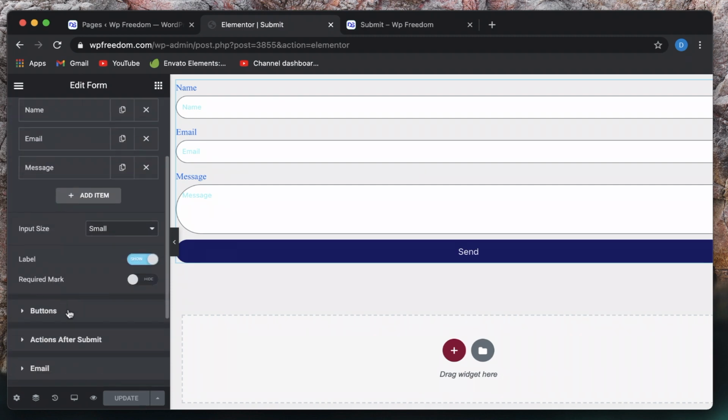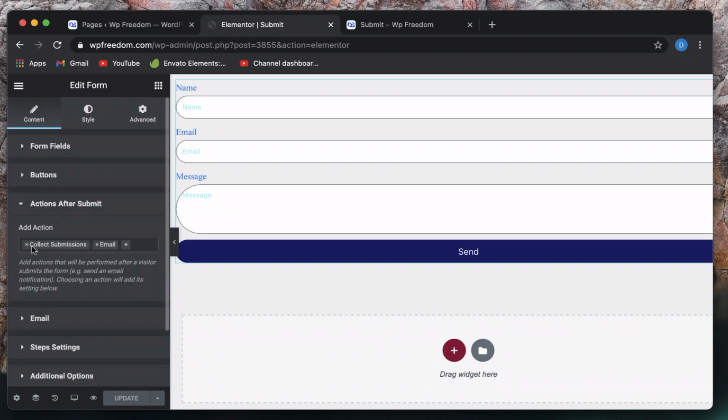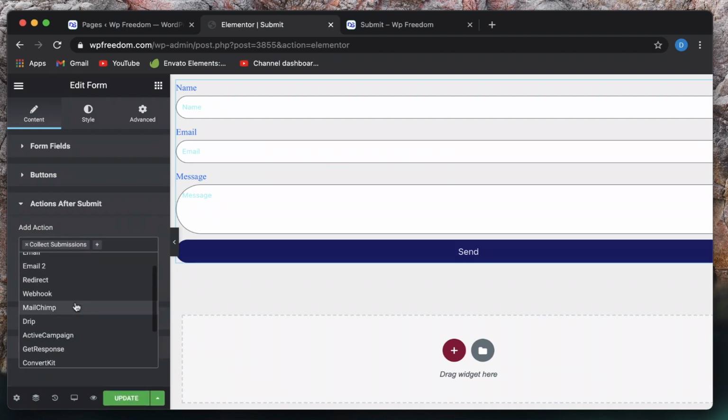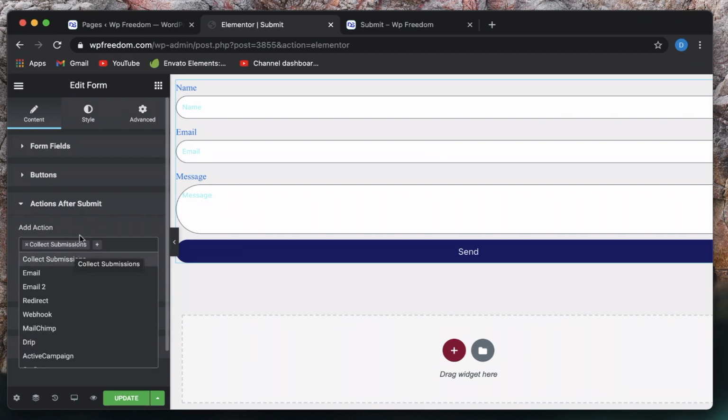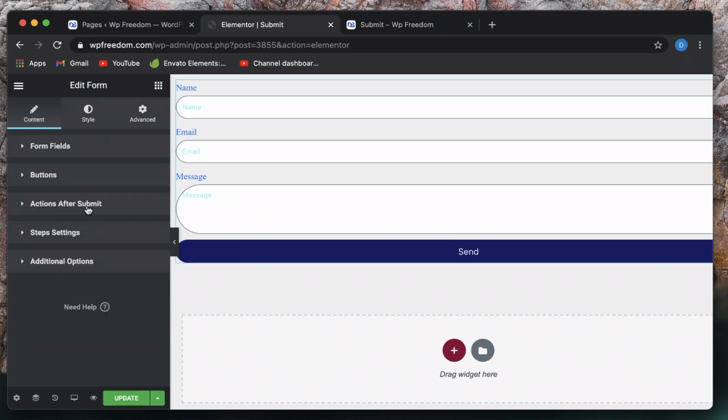Also, we have to make sure that under actions after submit, collect submissions is selected. We can also choose other actions such as your MailChimp subscription, ActiveCampaign, and all that stuff. But now you can just save your form collections, which is really huge, and people have been asking for this for quite some long time, and it's finally here in 3.2 Pro. So I'll hit update,